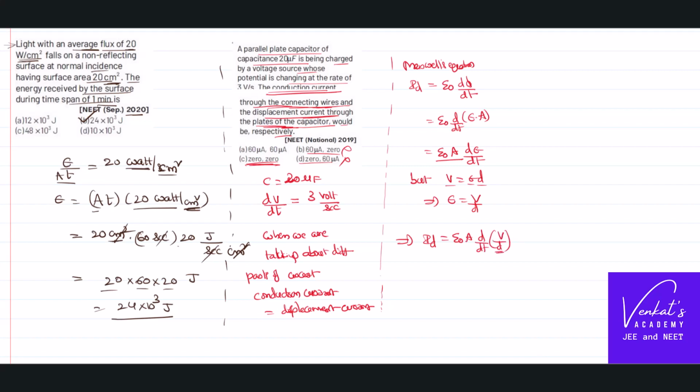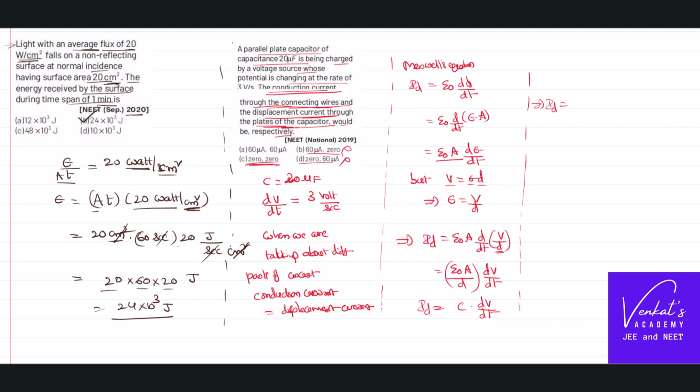Here the distance between the plates of the capacitor doesn't change with time, so it can be written outside: epsilon naught A by D dV by dt. Epsilon naught A by D is nothing but the capacity of the capacitor. So displacement current is the capacity of the capacitor into dV by dt, the voltage change per second. I know all of them. That implies displacement current is